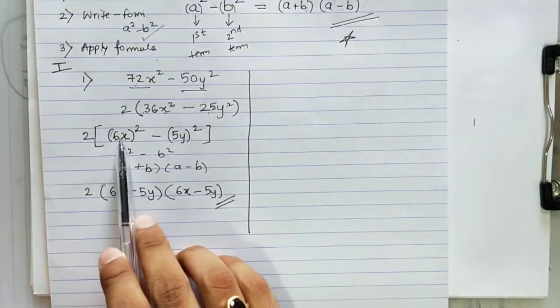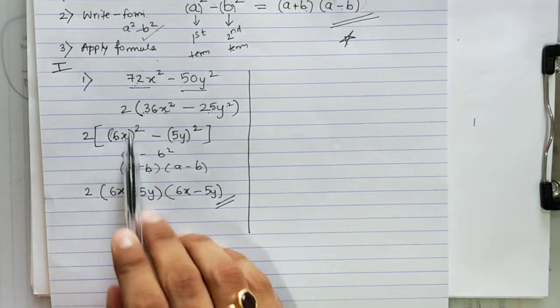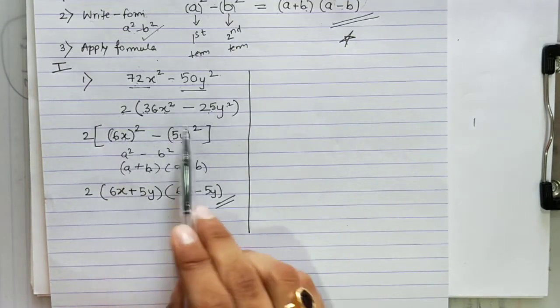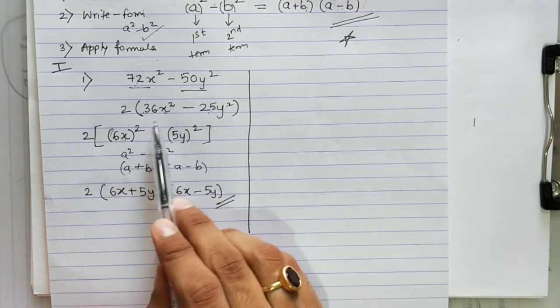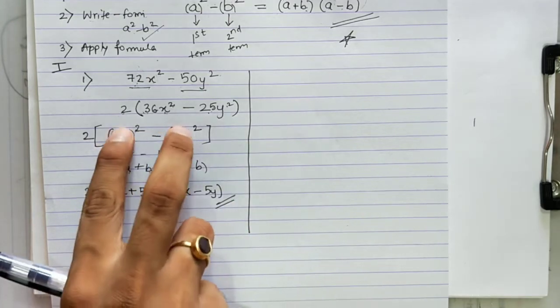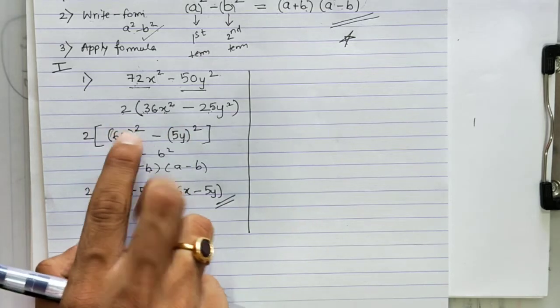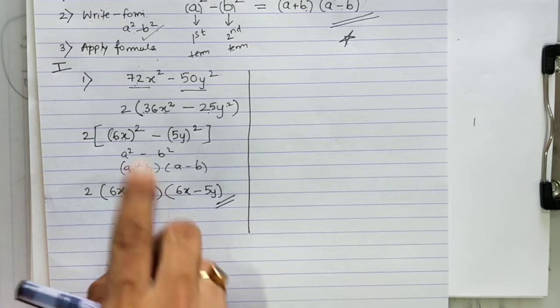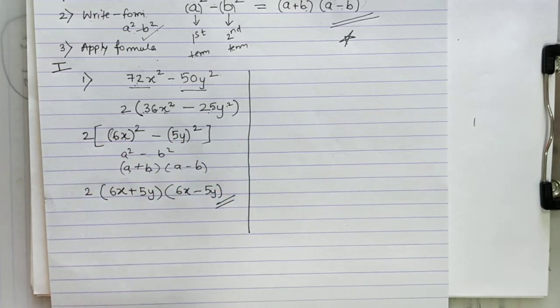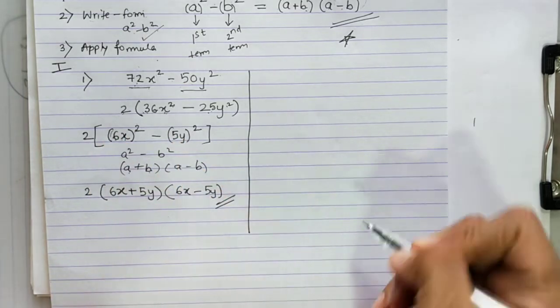And then we applied the formula a square minus b square is first term plus second term, first term minus second term. You don't have to write the squares again. The squares are gone now. We only write what is there inside the bracket. So what is the content inside the bracket? Those are added and those contents are subtracted. Okay. Copy this sum.